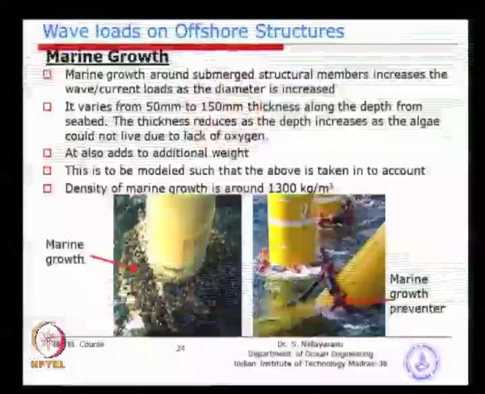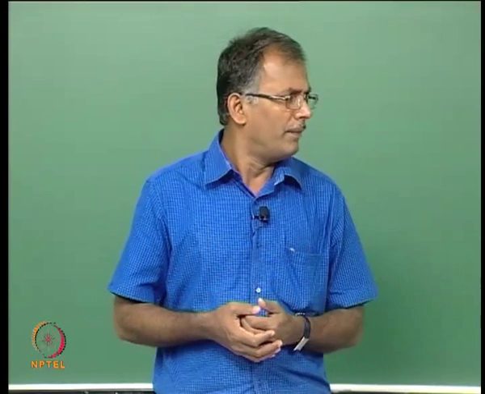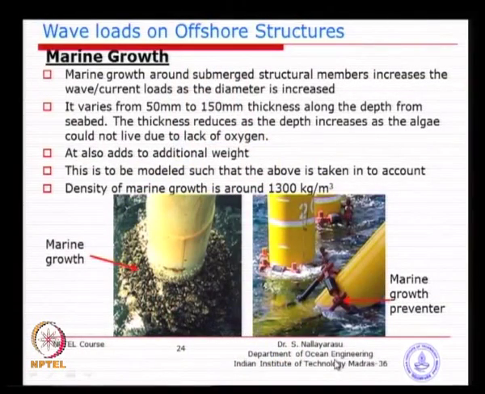So, sometimes we do use an idea using the natural wave energy to remove this. You see on the right hand side we call it a marine growth preventer. The idea behind it is a sliding system driven by natural water oscillation, just because the wave is moving up and down. So, this will scrub on top of this member, making sure that there is no algae continuously growing on top. If there is a little bit growing there, it will keep moving up and down because we are not using external power. So, this is one good idea that we could come up with, but then the reliability of this is a little subjective. Sometimes it may get entangled and then become a very good place for growing further algae. So, sometimes we do use this, but it is not 100% going to help us.